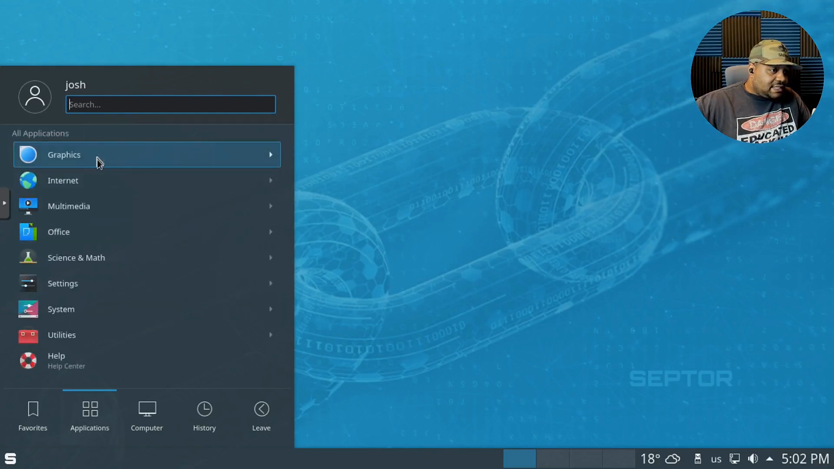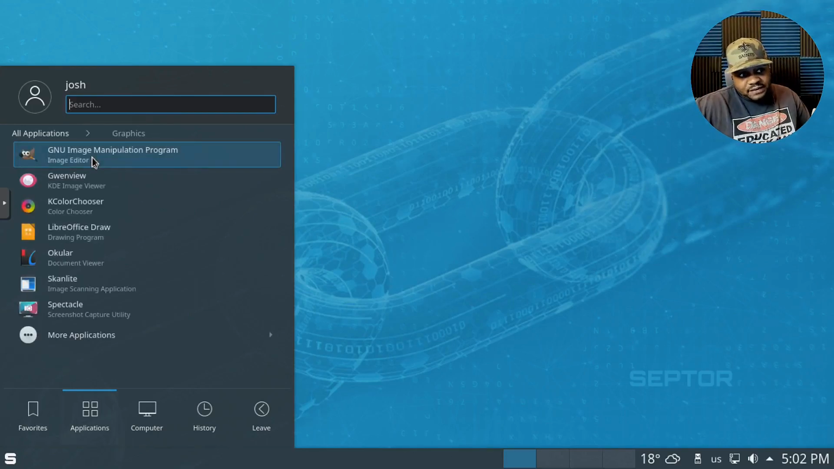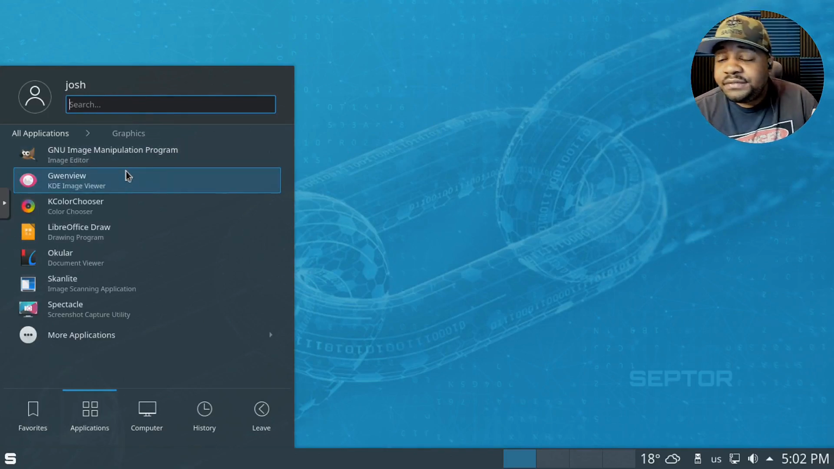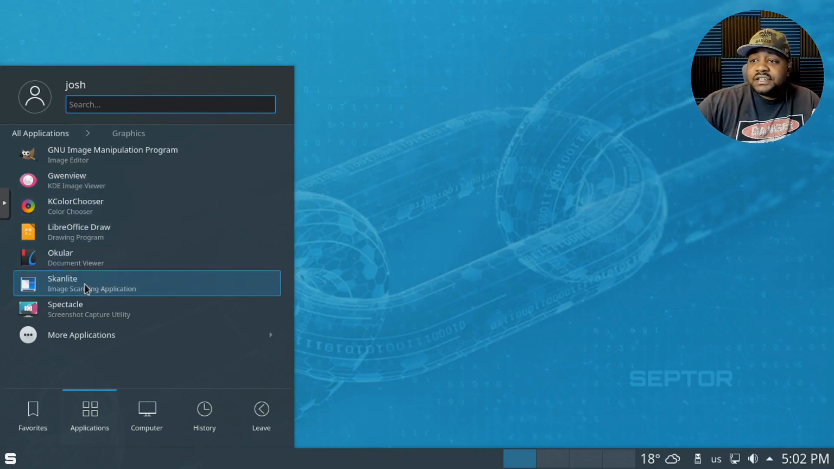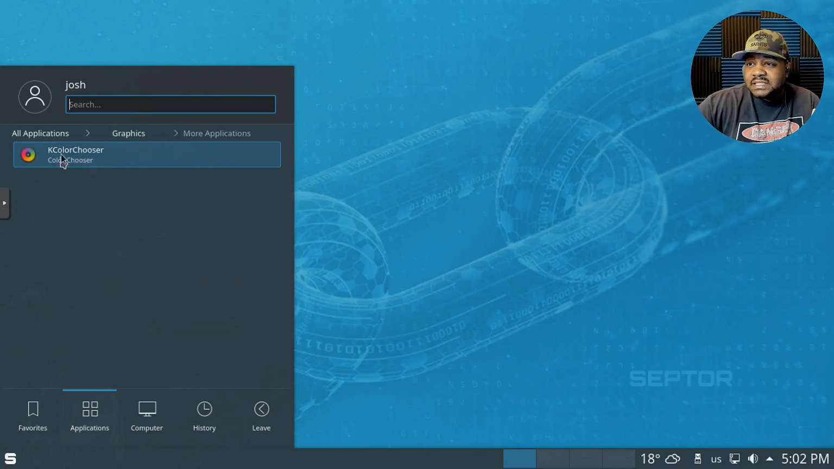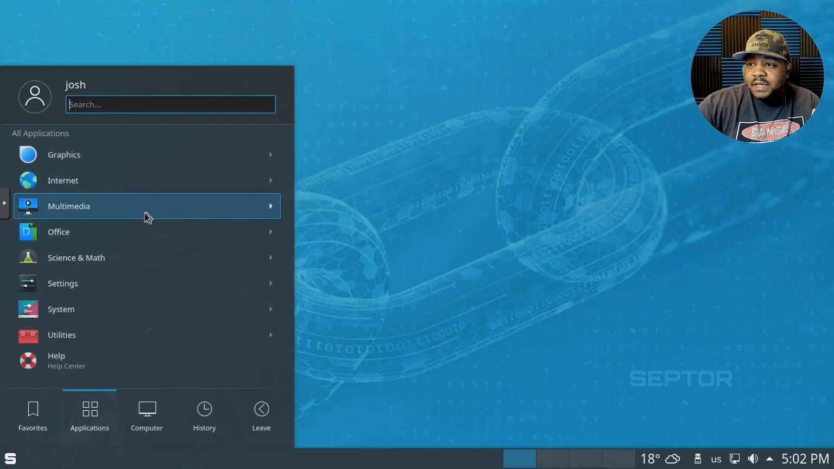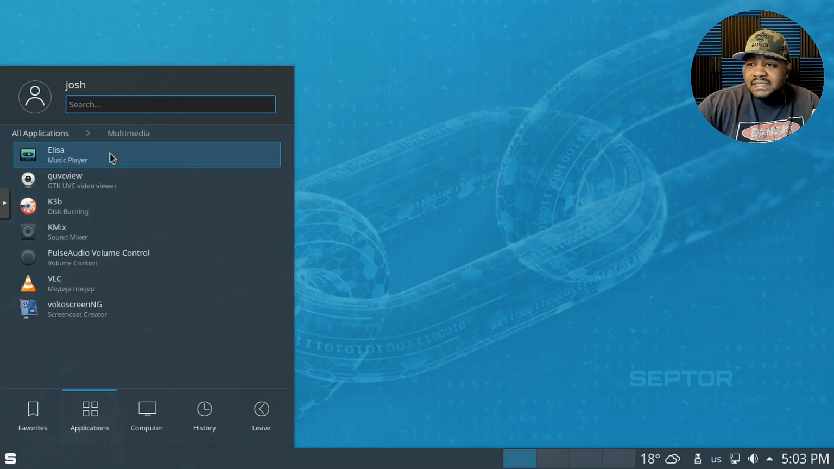And then I skipped one, but under graphics we have GIMP, which is my favorite, and then we have Gwenview, KColorChooser, Okular, Skanlite, and Spectacle, and they do have some more applications. Let's see what this is. Okay, Color. Okay, got it. But multimedia, you know, Elisa, I'm sorry, GVC video viewer,